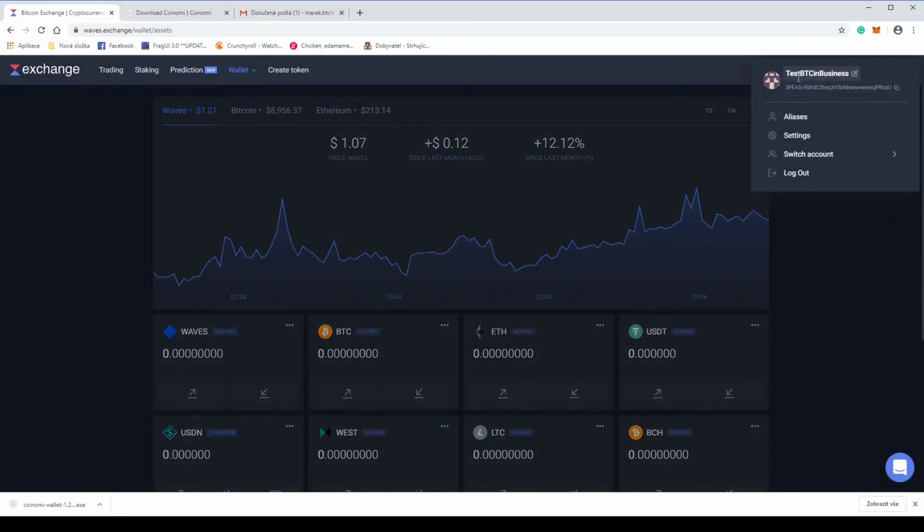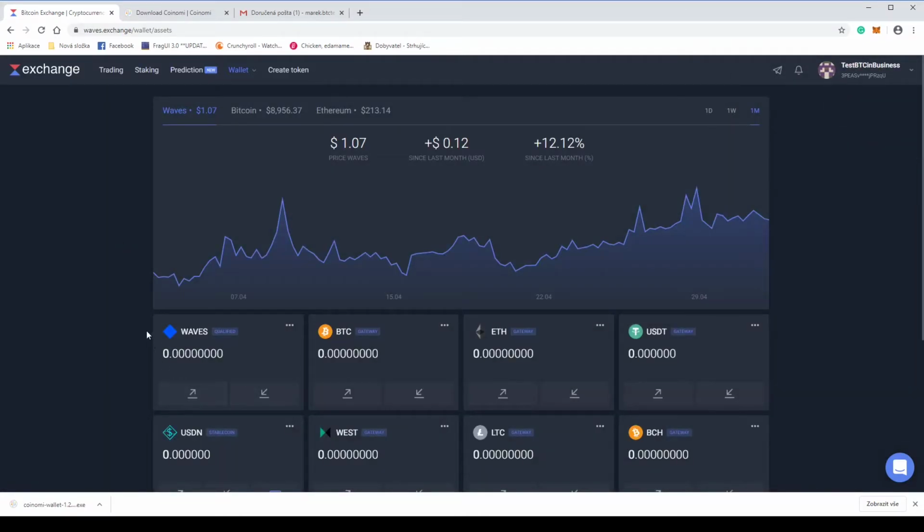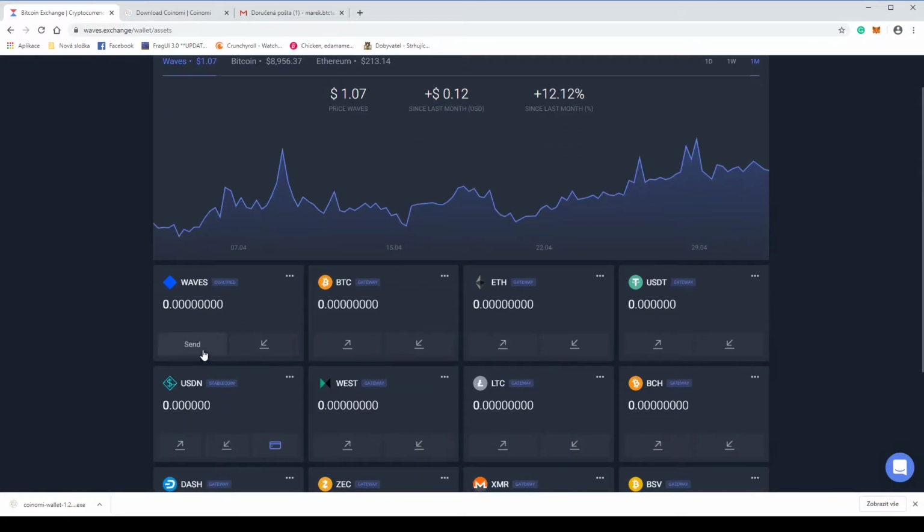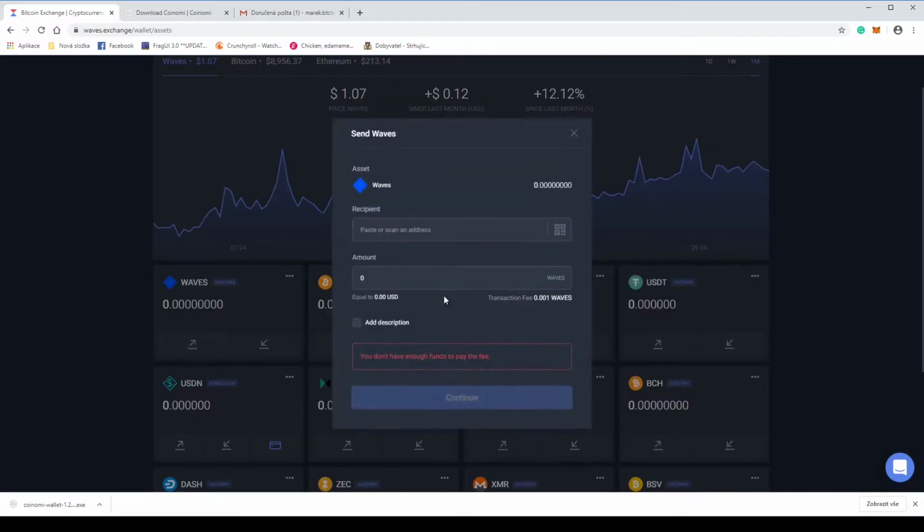The address is right here, right under your nickname, which is this long string of letters and numbers, and it is basically used to send and receive. What is important is also if you want to receive and send, if you click, for example, here to send,